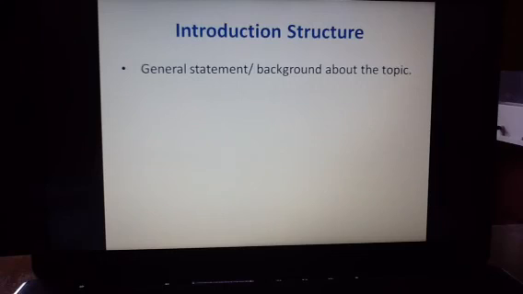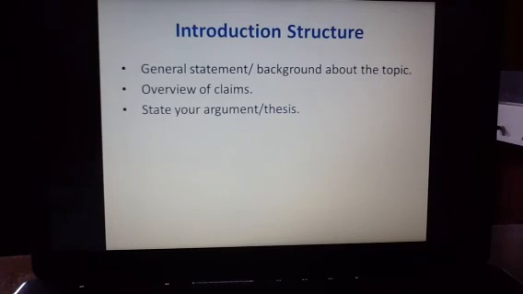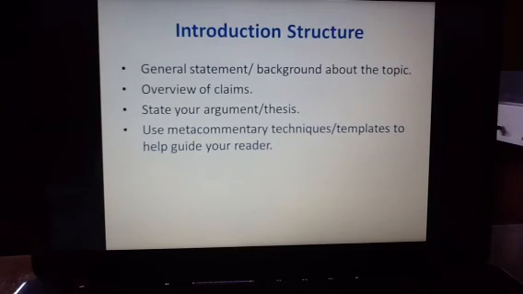Again, you want to think about the general statement and background of the topic, an overview of the claims that you're going to discuss, of course, your argument, and then some of the tips or techniques that we talked about. Meta commentary, right? We said that would be really effective. That meta text helps the reader understand specifically what to expect. Again, the templates